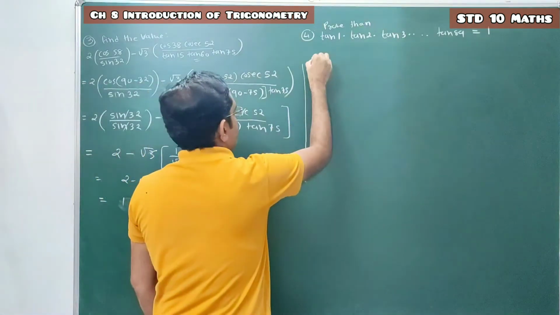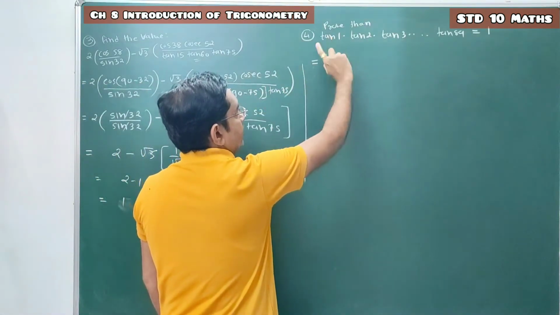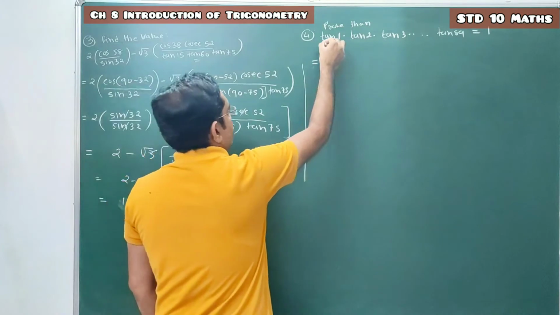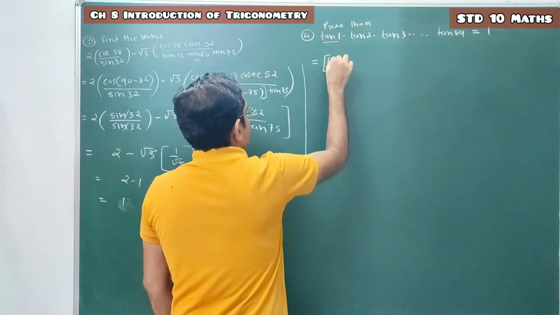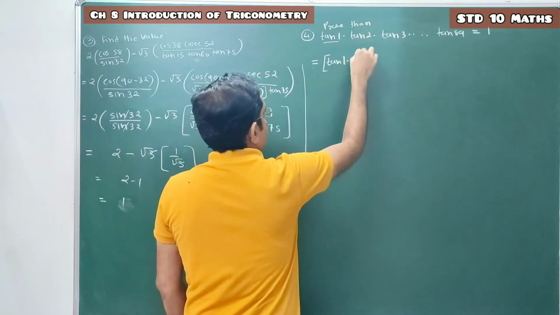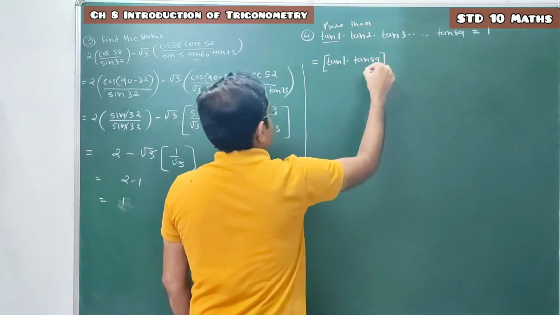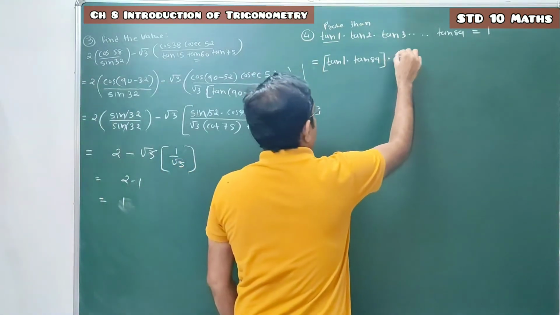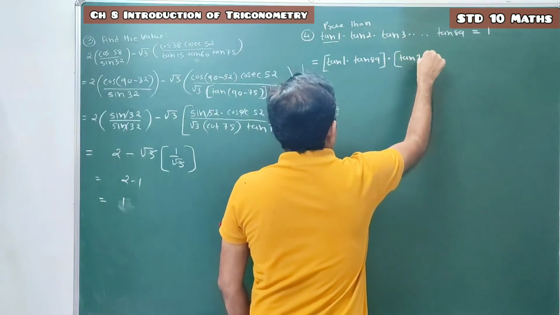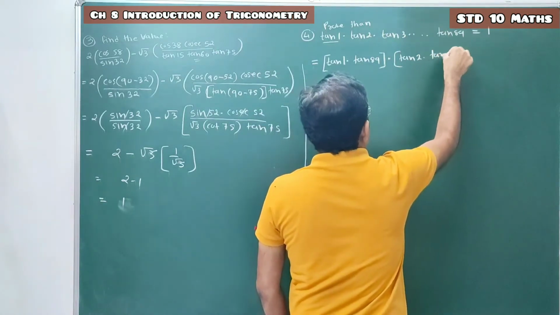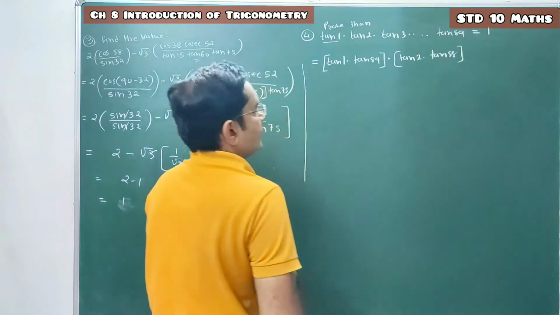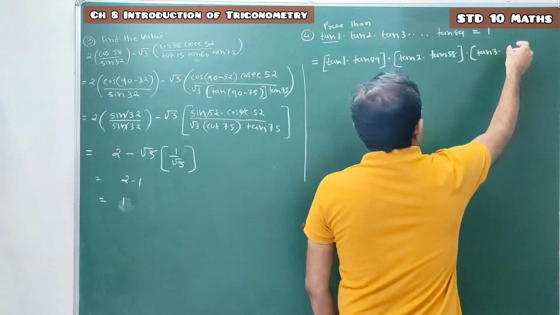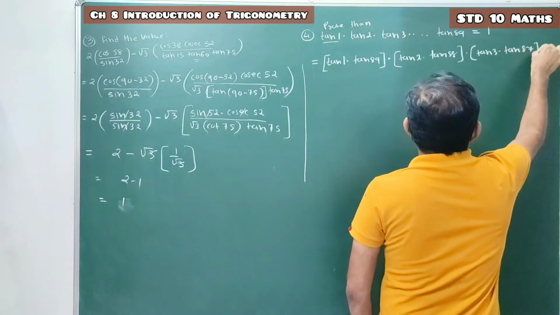So first we have to rearrange these terms. Here 1 to 89, total 89 terms are there, and they are in multiplication. So we will start with tan 1. First we will arrange tan 1 with tan 89, the first term and last term, combining these two terms in a bracket, into the second term tan 2 and the second last term, which is tan 88. Done. Similarly we can put tan 3 and tan 87 together.